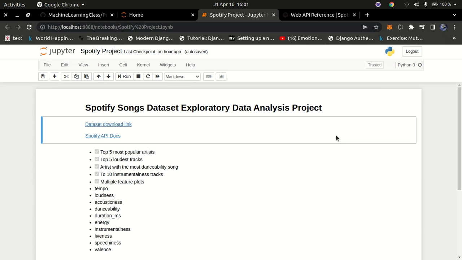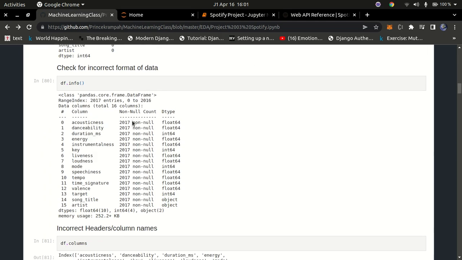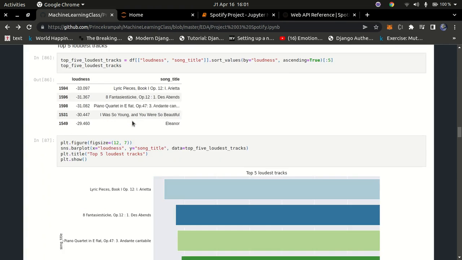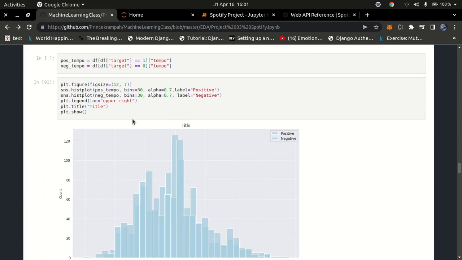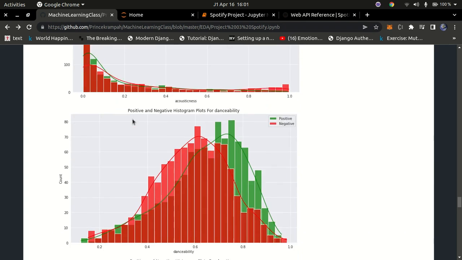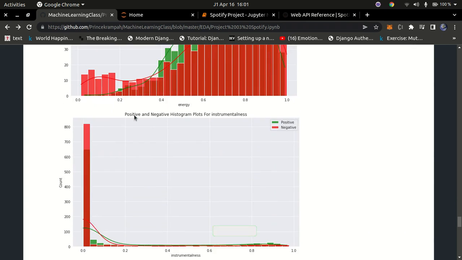So in today's tutorial, we're going to go over a very simple to-do project. You're going to be performing data analysis, analyzing the Spotify songs data set. At the end of the tutorial, we're going to build something very similar to this. We're going to perform all this analysis, analyze the different data sets, and then answer a lot of questions that we're going to write ourselves and compute ourselves, and then try to use data analysis to answer those different